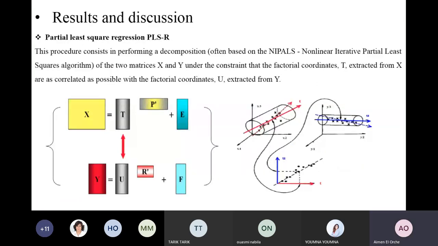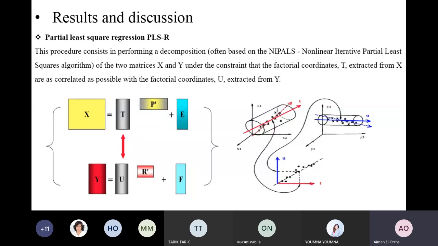So what is partial least squares regression? Partial least squares regression, or PLS regression, is a fast, efficient, and optimal method for a well-controlled covariance maximization criterion. It is recommended when a large number of explanatory variables are used or when there is strong collinearity between the